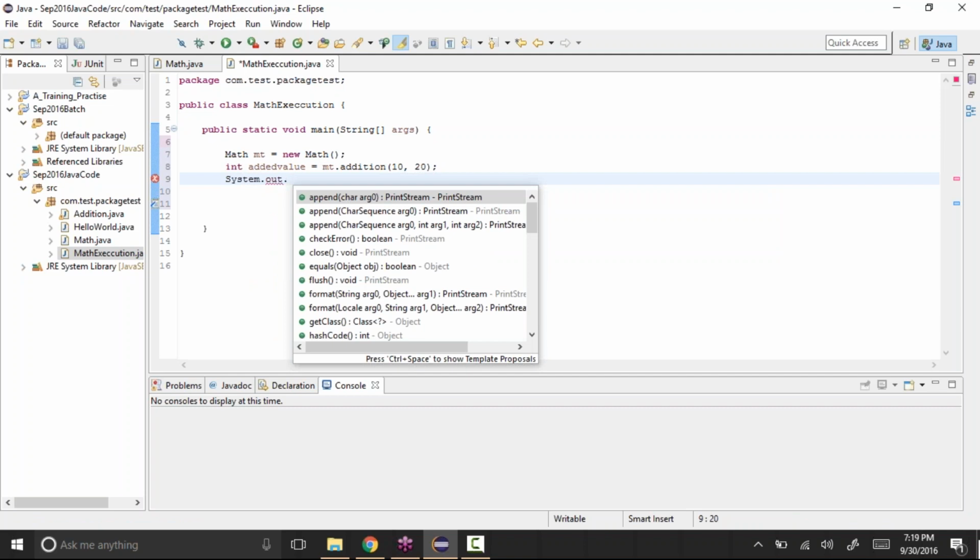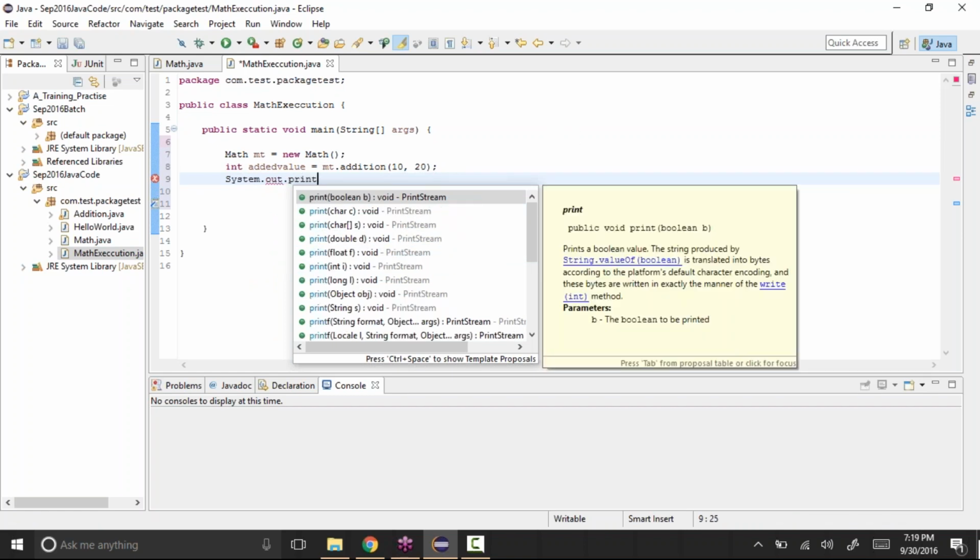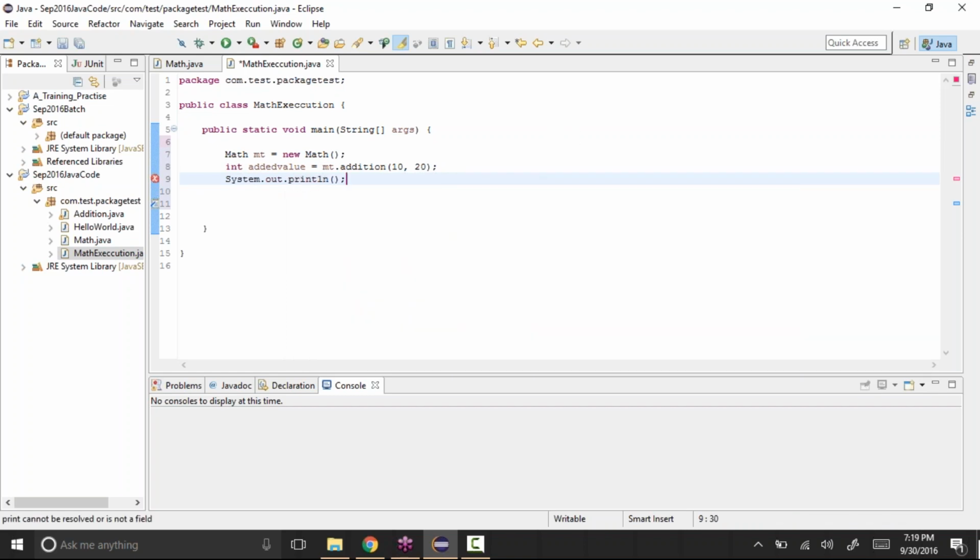Whenever you type a dot, it will give you all the methods that you can use. See, println. And here in the quotes I can say "added value is" plus this addedValue. So we are concatenating and displaying it like this.